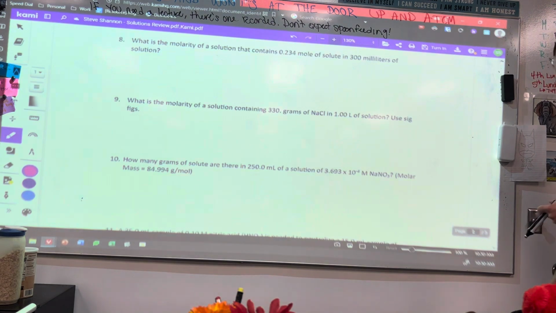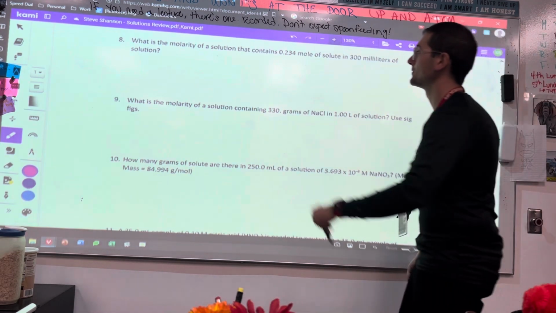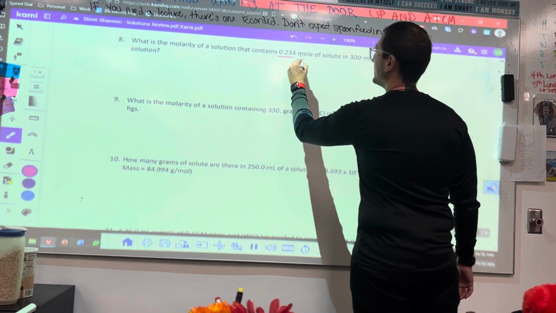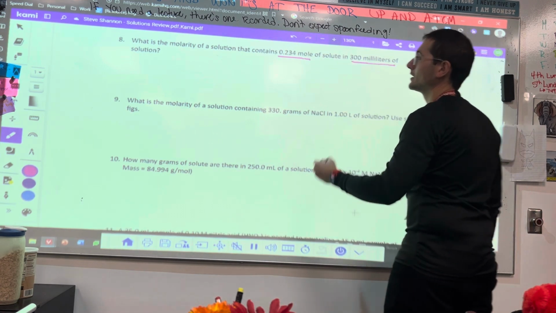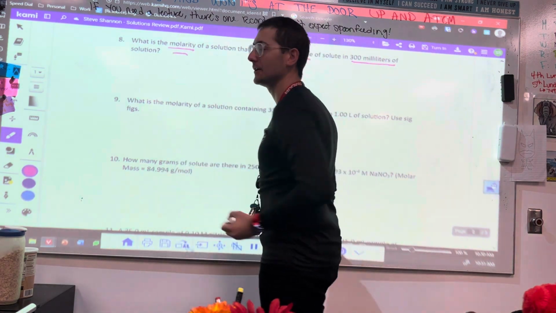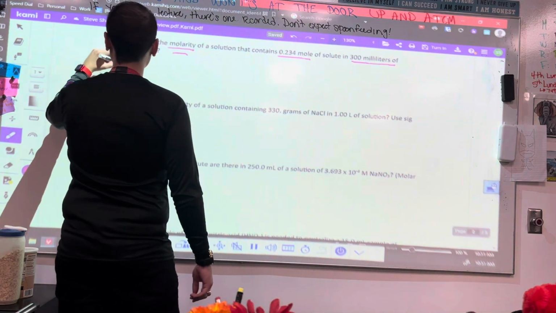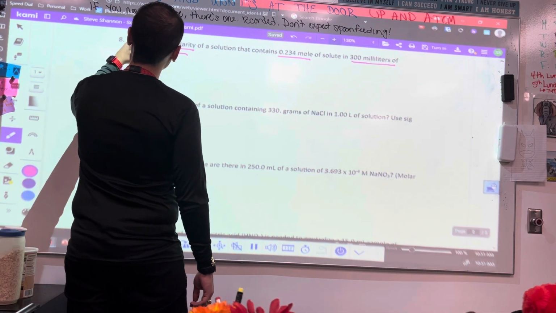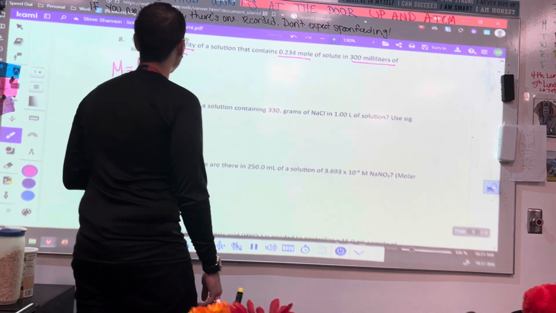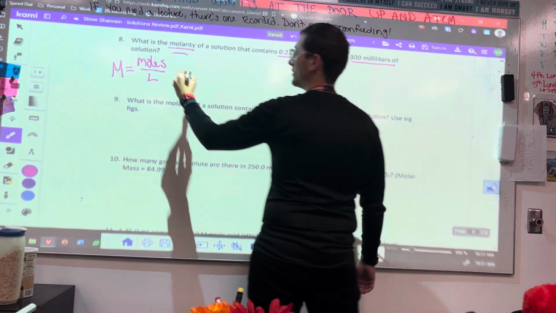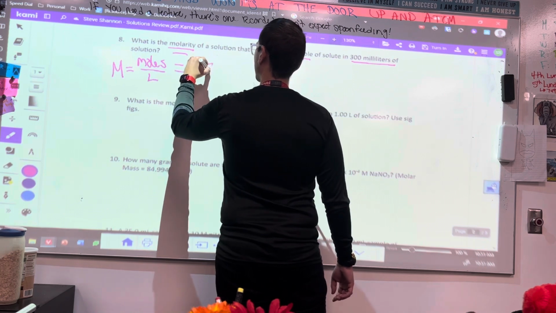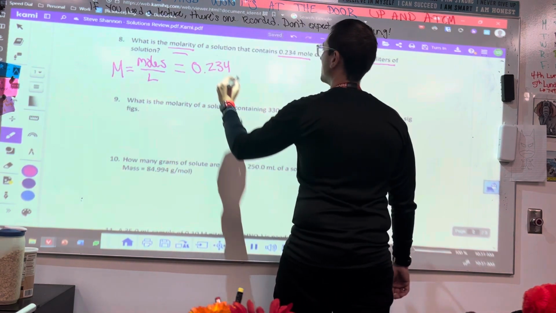Number 8, what is the molarity of a solution that contains 0.234 moles of solute in 300 milliliters of solution? So we're starting off easy here. We're just doing moles over milliliters, and we're looking for molarity. So we have to remember our equation here. Molarity equals moles over liters. So here, it's 0.234 moles